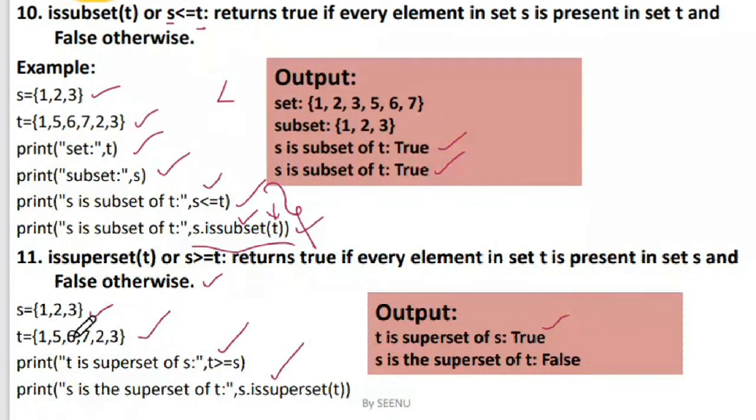In the next case, I'm checking whether S is the superset of T or not by just using the method. S is not the superset of T, so that's why I got a false over here. Make sure that you're giving the sets properly while calling the method. Fine, so this is regarding is subset and is superset. You can also use comparison operations, or you can use the methods is subset and is superset. Is this slide clear?